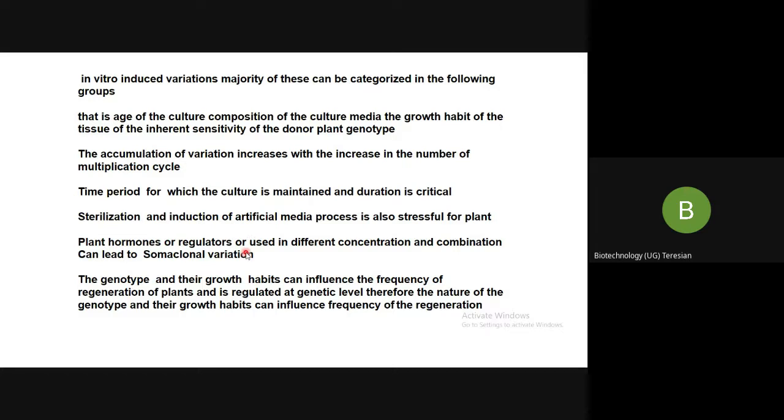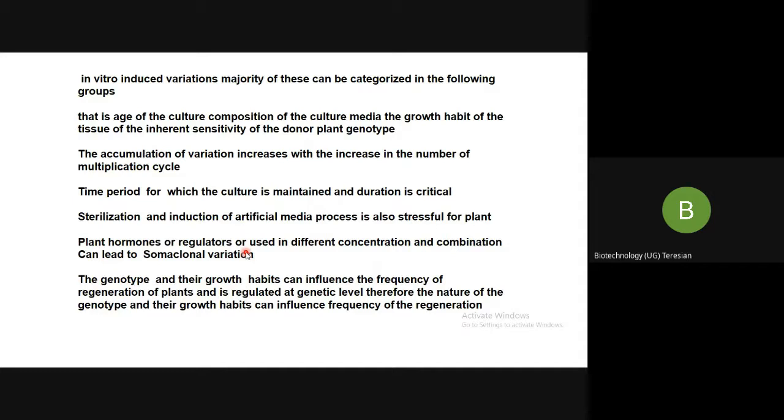There are several hormones which are being used, right? We talked about auxin, cytokinin, gibberellic acid. Did we leave with these three? We spoke more, right? We talked about indole acetic acid, indole butyric acid, 2,4-D, kinetin, zeatin. So many again in auxins and cytokinins. We saw so many types, which are naturally produced and which are synthetically produced. Do they cause any variation? Definitely they do cause it.